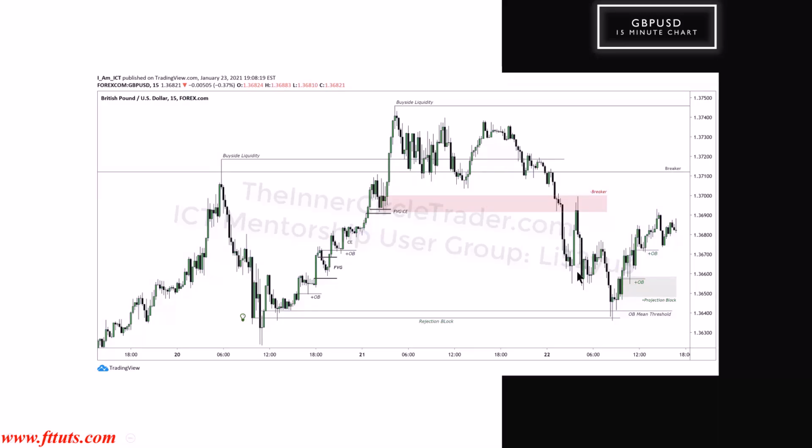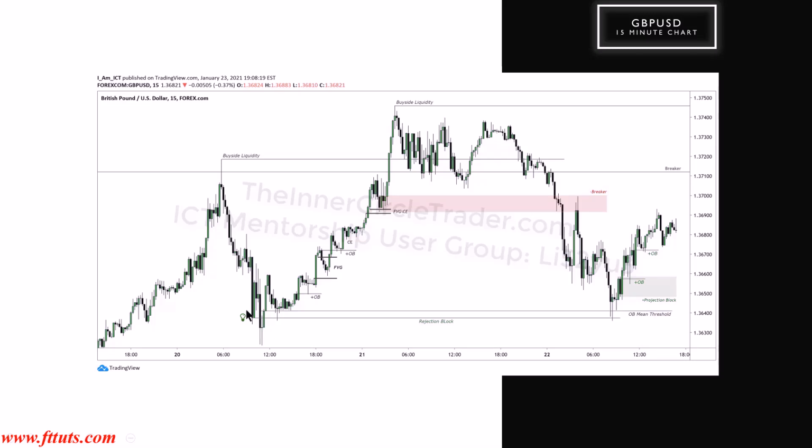Think of it like that. Okay, this was a gap. It runs down, then it opens and runs back through it again. When you have that overlapping of price over top of a tail or a wick, the top end of a candle, you take that out, disregard that, and then consider this as a normal sell side imbalance, buy side inefficiency. And then market trades back up into it here and dumps into the mean threshold, the order block, and the rejection block as I indicated here.